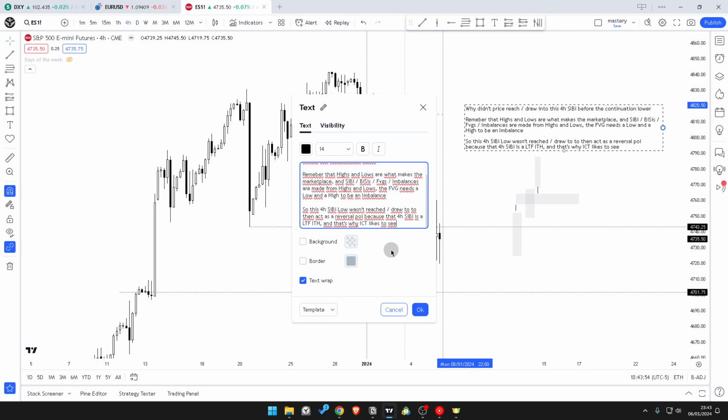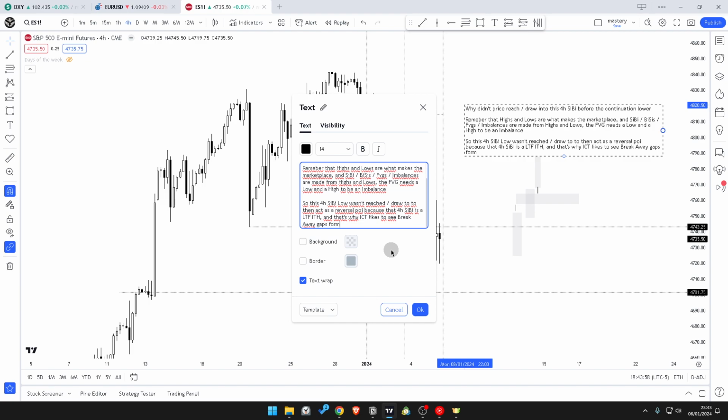So far this is why I still like to see breakaway gaps form, because that mentions that on the low time frame the intermittent